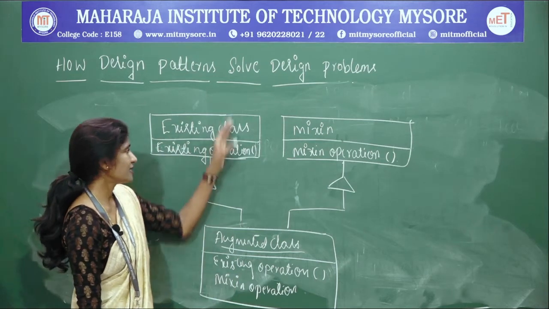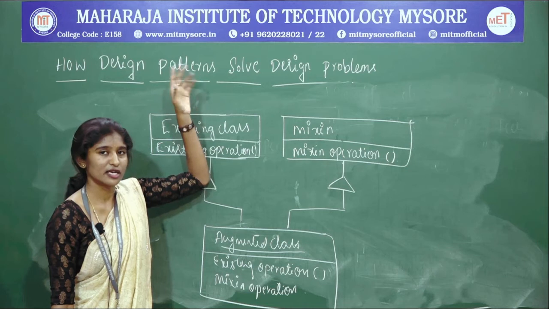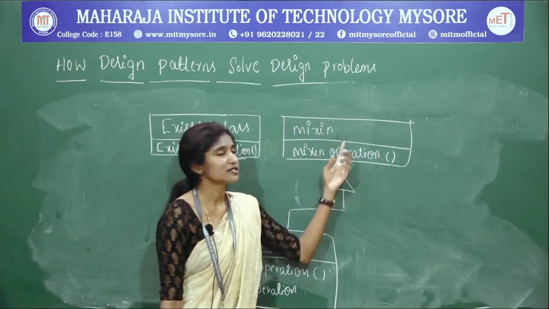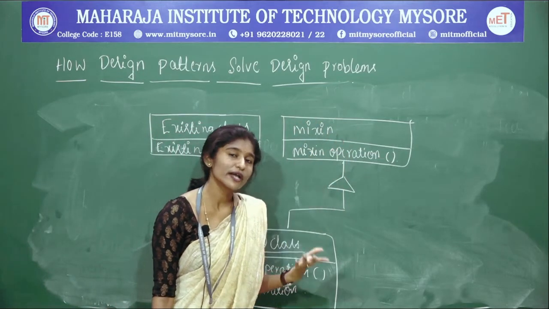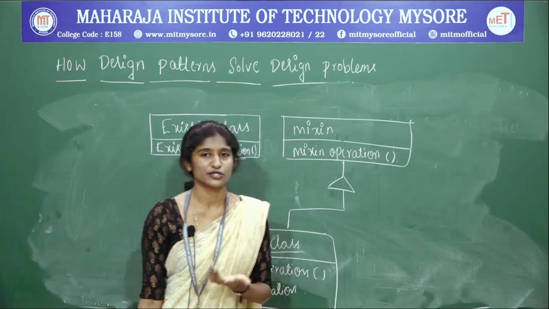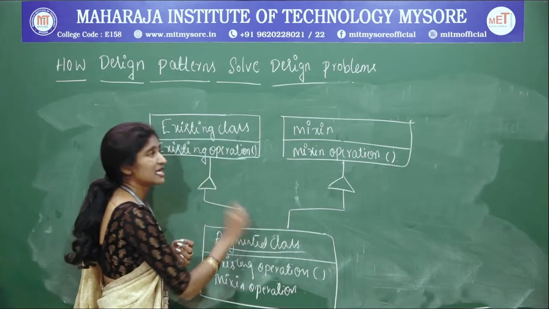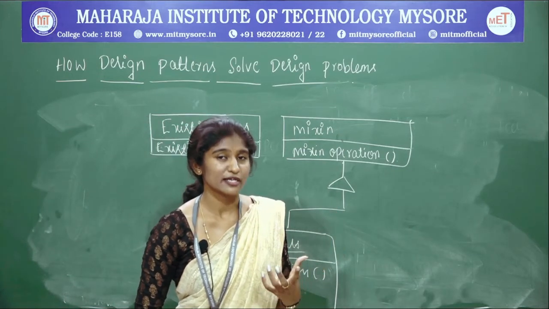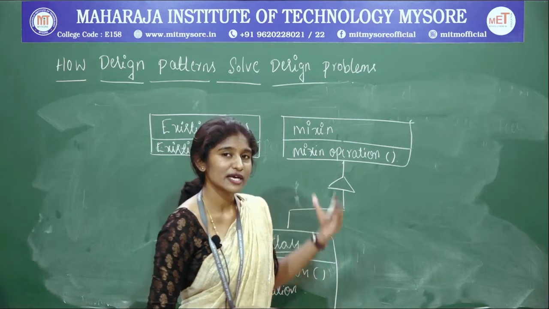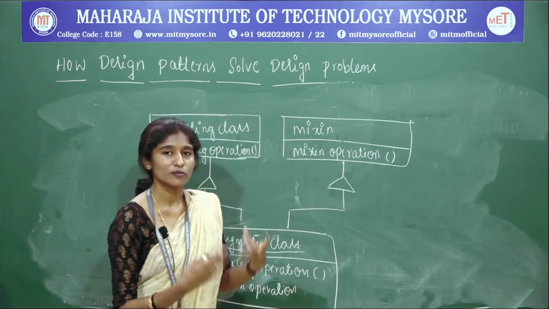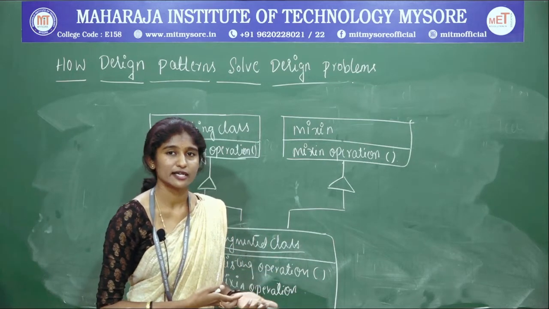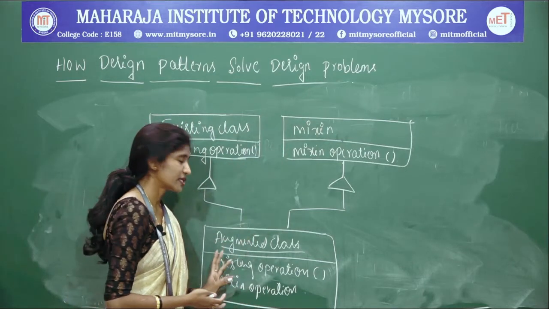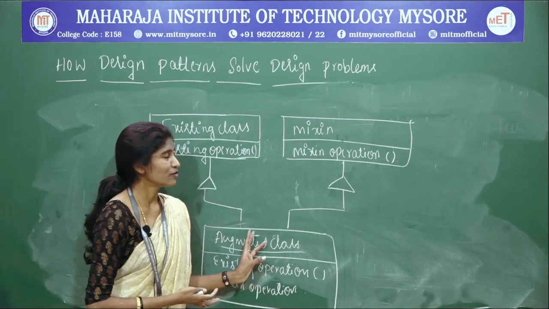Okay, so this existing class may be any of the upper classes, parent classes, or any derived classes that are derived further into the augmented classes. The mixing class is the one which provides the external interfaces or external functionalities. So that is all the basics of the implementation. In the previous topic the subject was how we are going to implement, and under that we studied all this: class, object, how to create an object, what inheritance is, what an abstract class is, a concrete class, and what an existing, mixing and augmented class are. Okay, so we'll move to the next point.